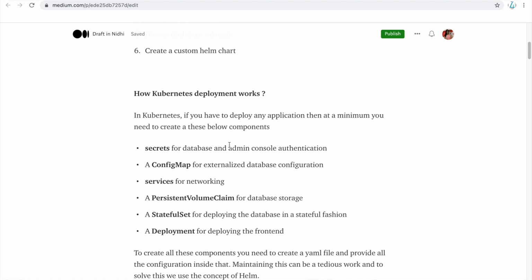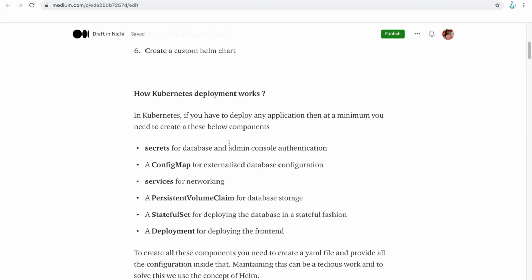To create all these components, you need to create YAML files and provide all the configurations inside them. Most of the YAML files have the same kind of code with just some differences, and maintaining this code can be a tedious thing, whenever you need to upgrade or make any changes.